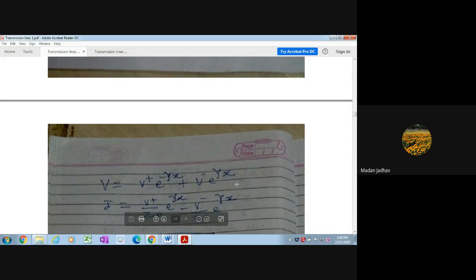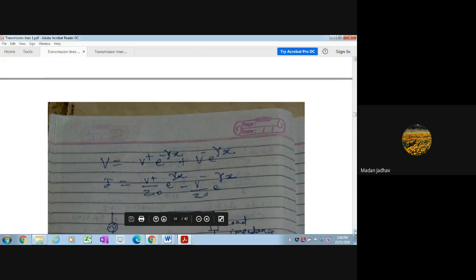Okay, therefore this wave is called the reverse voltage. Similarly, there is also the forward current and reverse current. Now this is the equation for the current, and the first term represents the forward current, the second term represents the reverse current. Now this Z naught actually represents the characteristic impedance of the